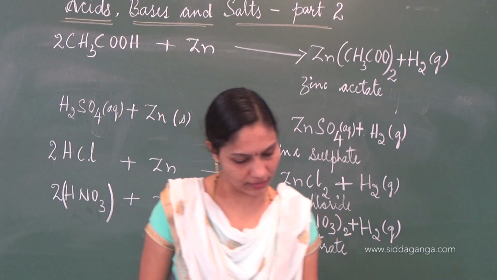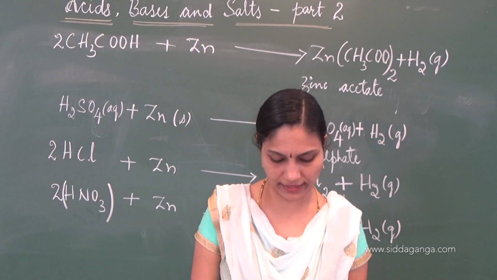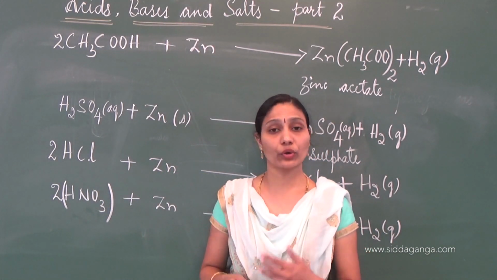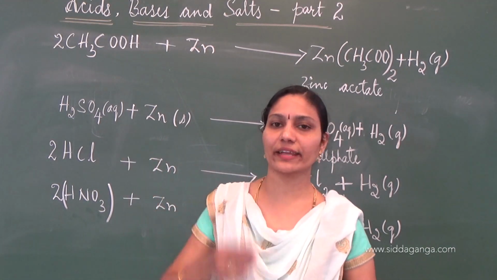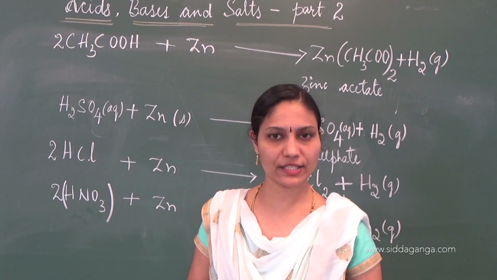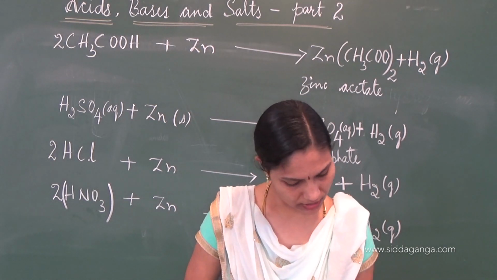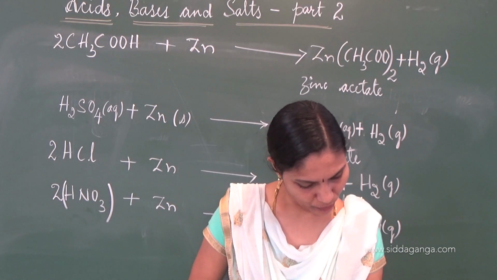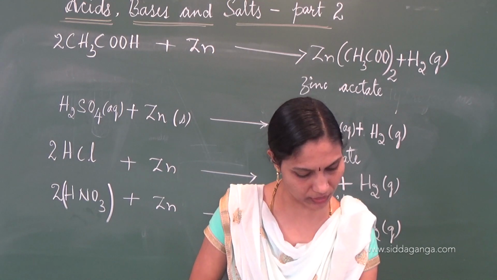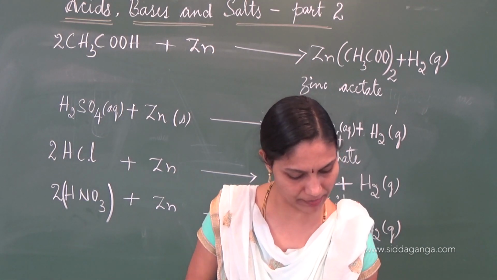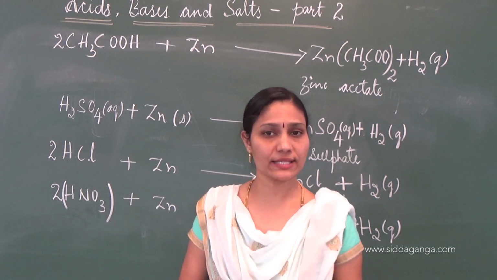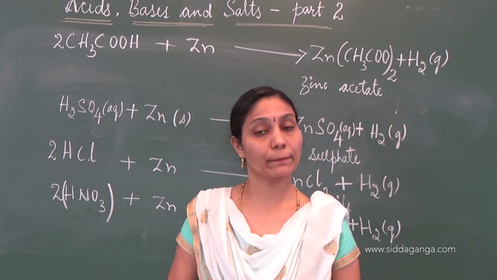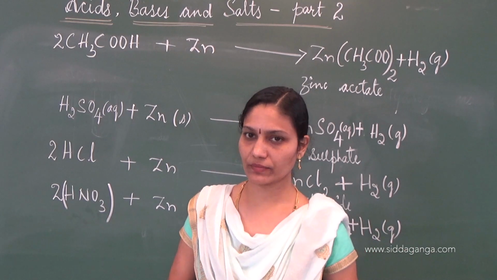This is all about activity 2.3, and from the activity we got to know that acids on reacting with metals generate hydrogen gas. Is this clear to you? Further, in activity 2.4 we are asked to repeat the same, taking sodium hydroxide. Sodium hydroxide is a base. What happens when bases react with metals?